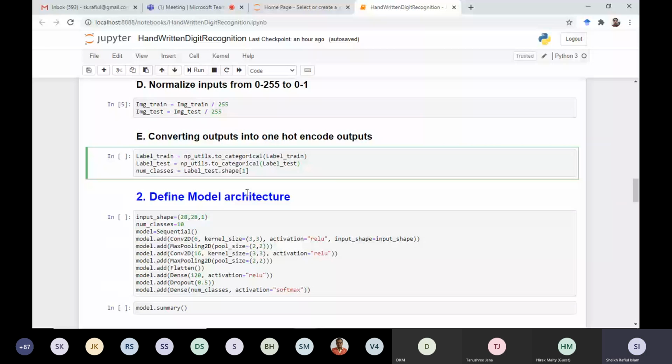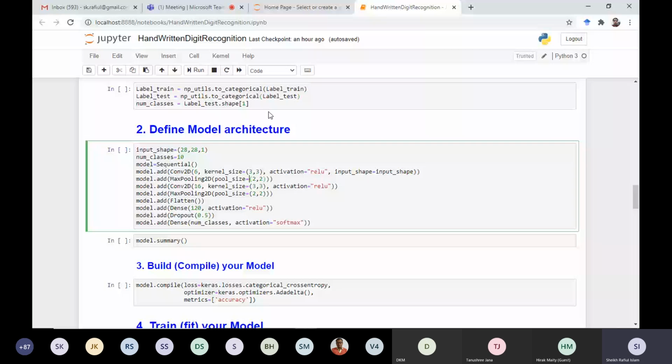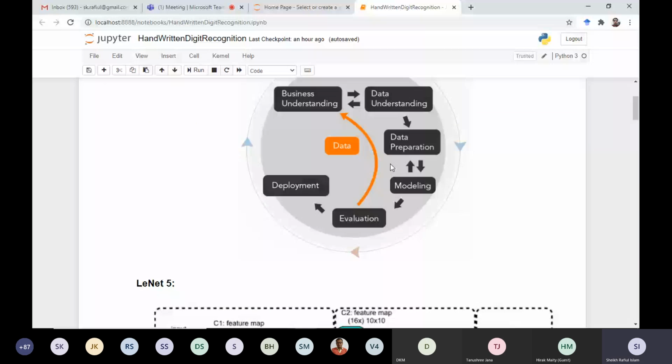Okay, and now we are going to the next phase, that is modeling. So the data preparation portion we have done. We have not used any augmentation, cleaning, or other operations, to avoid complexity. Even for the simple case, you don't need those operations.